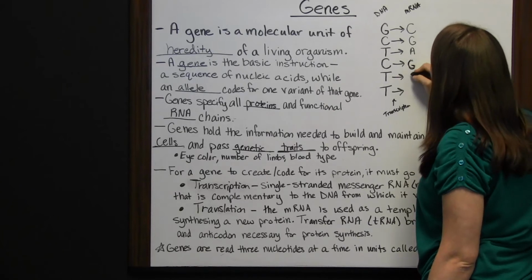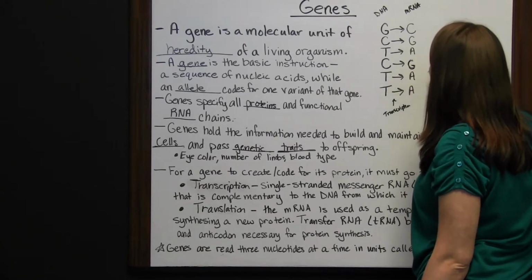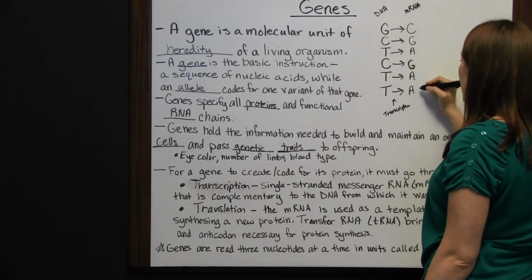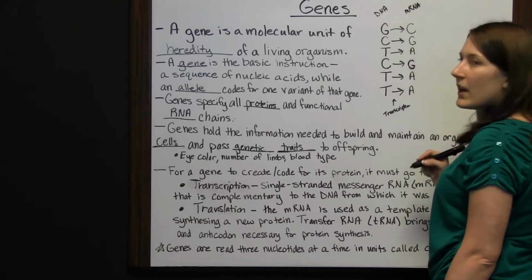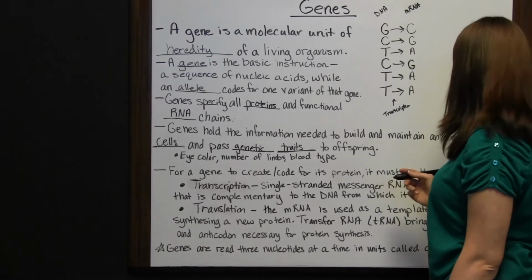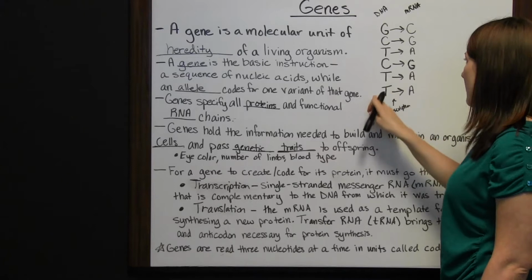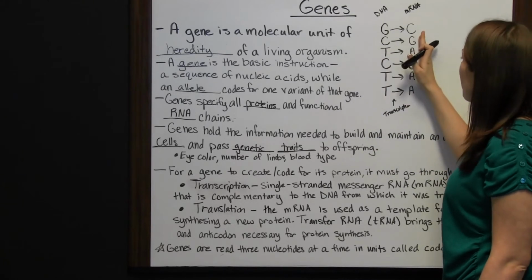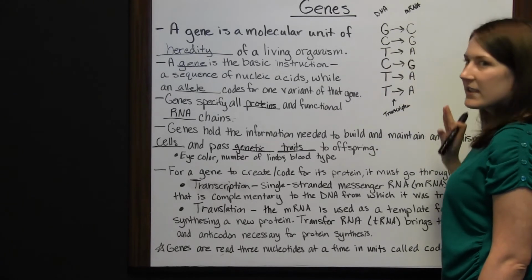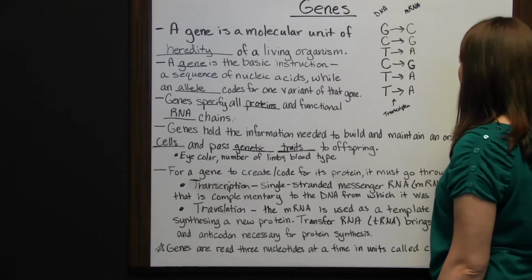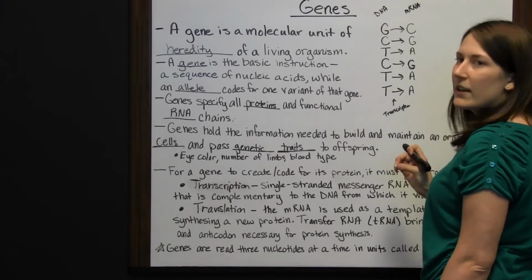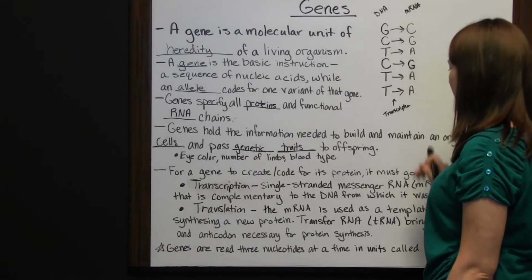There we go. Thymine to adenine, and thymine to adenine. So the messenger RNA is going to carry this sequence. You can see how it isn't exactly what was on the DNA, it's what base would have paired with the DNA. So it's kind of like a code you've got to sit here and figure out. You've got to decode what the messenger RNA says.